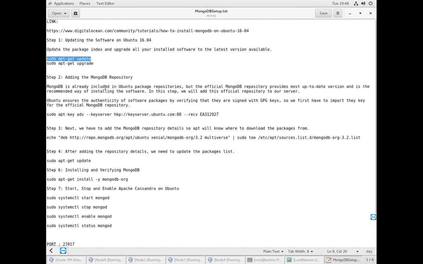MongoDB is already included in our Ubuntu package repository, but the official MongoDB repository provides the most up-to-date version and is the recommended way to install the software. In this step, we will add the official repository to a server. The server in our case is Ubuntu OS. Ubuntu ensures the